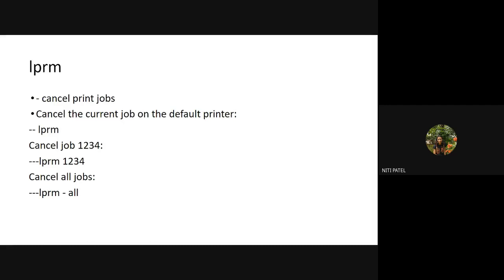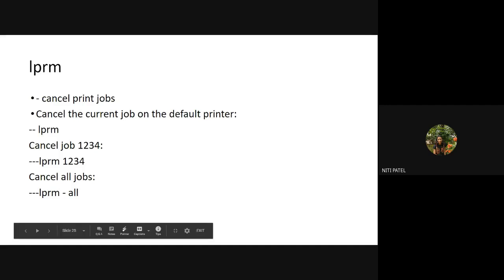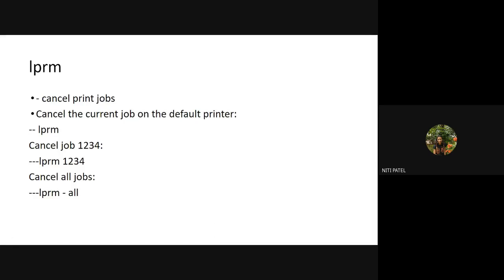Whichever have completed the printing, it will not stop them or delete them because they have already completed the printing. But whatever files are remaining, all those files will be removed. But if I tell it a specific file name, it will only remove that file and it will not touch any of the other files in the system. So when I say LPRM file 9, which means what? It will remove only file number 9 from the print job, whereas it will print all the others from 1 to 8 and 10. Okay.